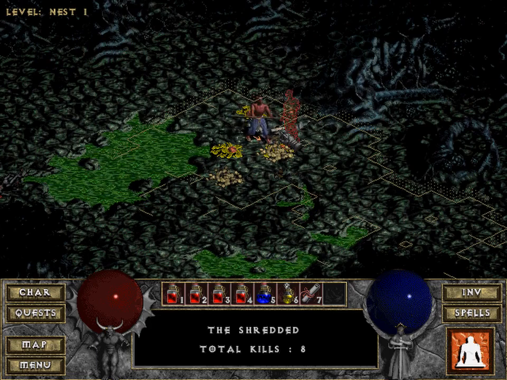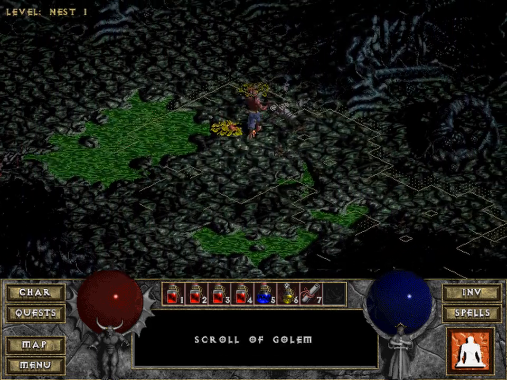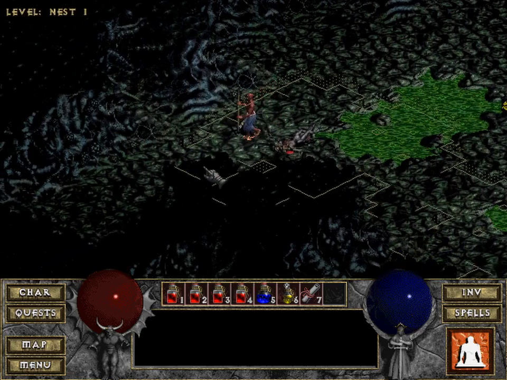I don't know. That was messed up. And the Scroll of Golem I can't even use. I can only use my staff. I can't naturally cast a golem. So, here's some green pits, and I guess,